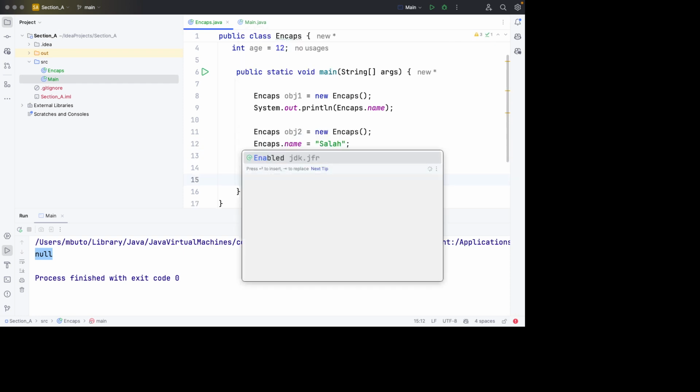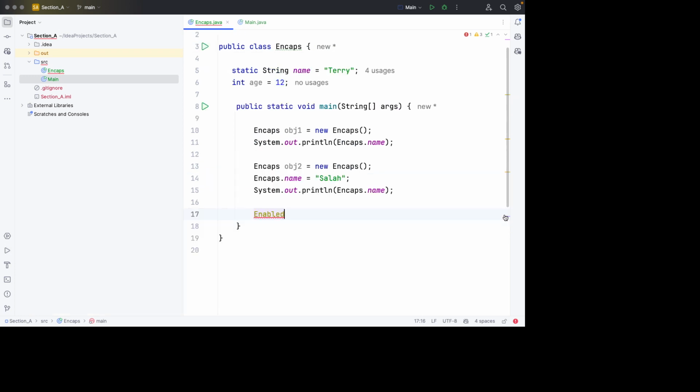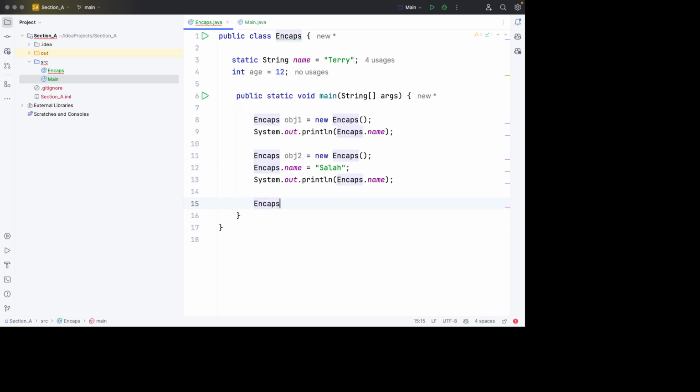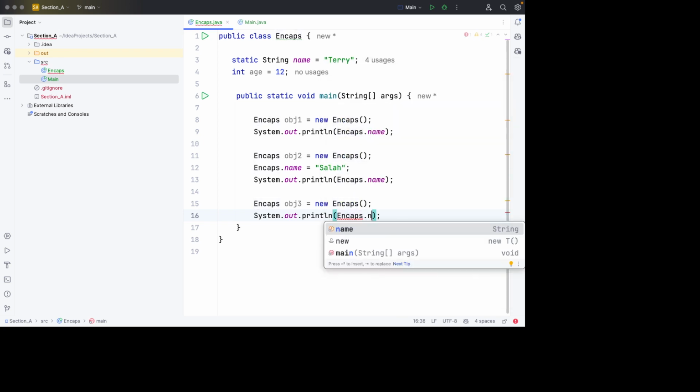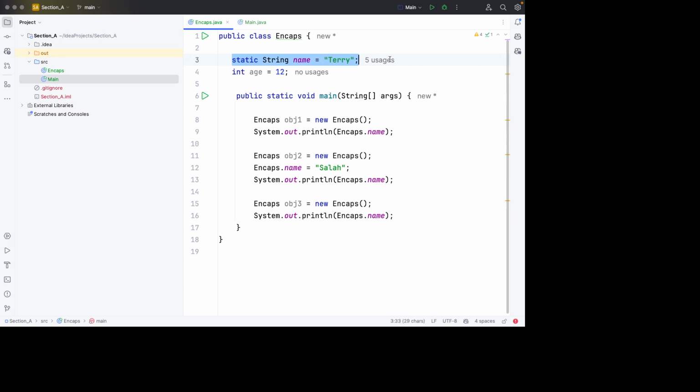So what happens if I have a third object? Obj3 is equal to new encaps. What happens if I print out encaps.name like this? So initially we have a static variable called name with the value Terry,